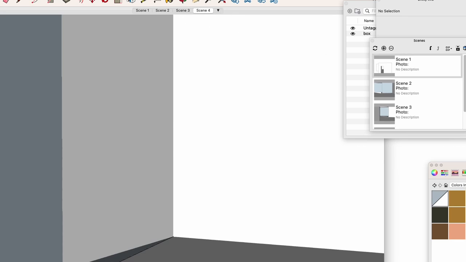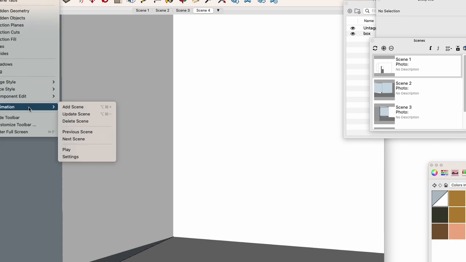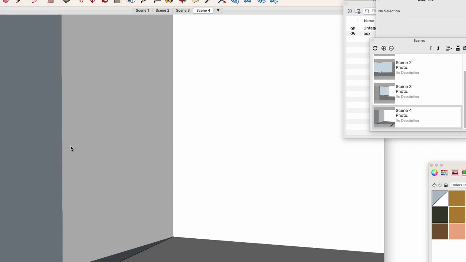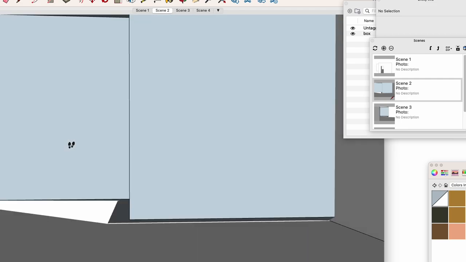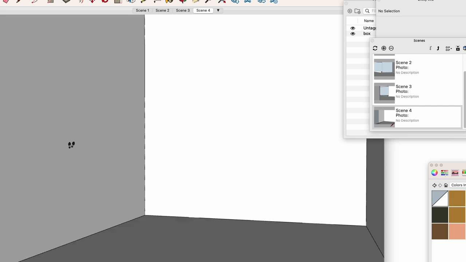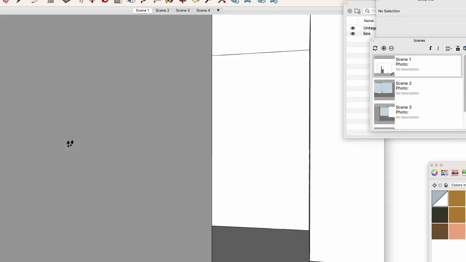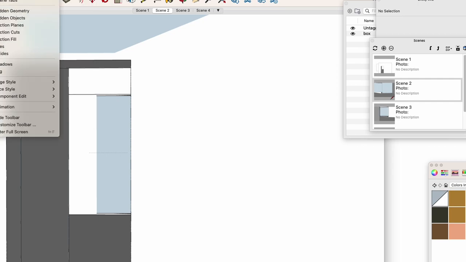So if I go to animation, this looks terrible on the screen. I don't know why it's doing this. All right, but you get what I'm saying. I don't know why that is exactly, but